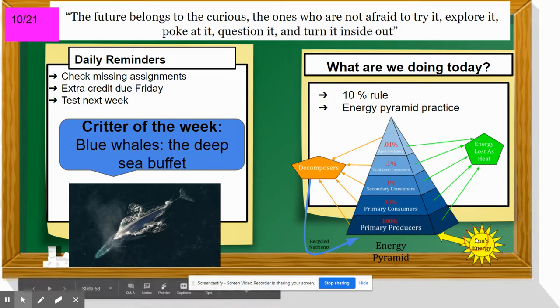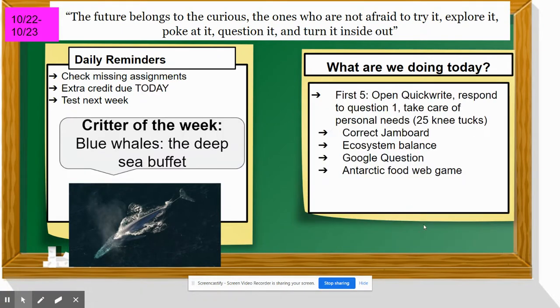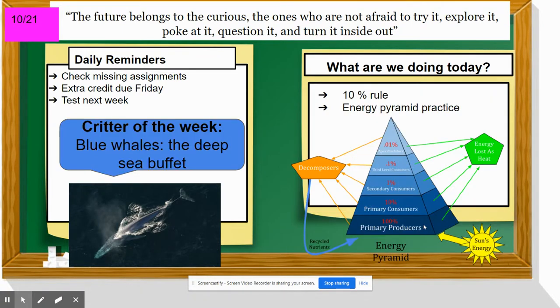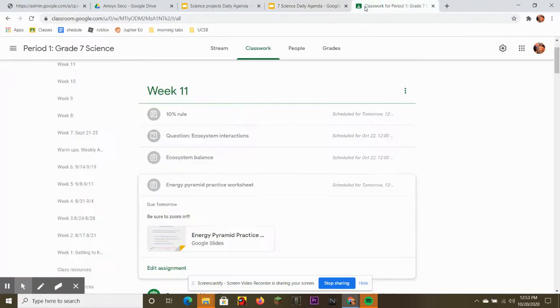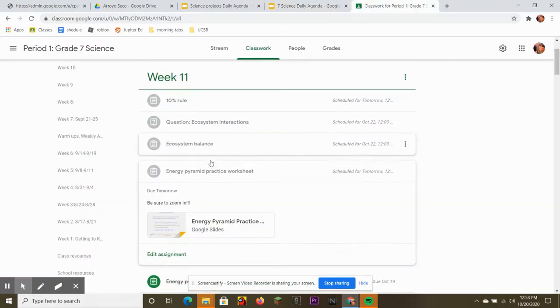So starting down here with the sun, this was where your 100% should have been, is the primary producers. We're getting 100% of the sun's energy. They then transfer only 10%. And every single trophic level is losing energy as heat. And I know that was a little bit confusing in your Jamboard. So before we move on, I want to just show that to you real quick. In terms of your Jamboard,